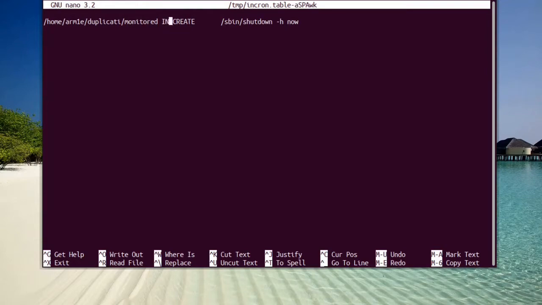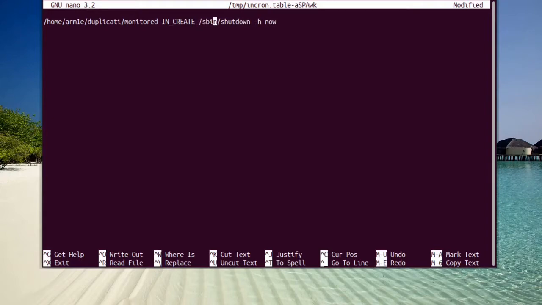I've then typed this in, IN_CREATE, and there's lots of different things you can do with incron. So we could have IN_MODIFY, where if a file is changed or a folder is changed at all, it will initiate a command. I don't want that, because when trying to do this with Duplicati, it instantly shuts down before the backup takes place. It must modify the file in some way before the backup takes place. So we use IN_CREATE because we're going to make an empty file in there, and then what we're going to trigger is